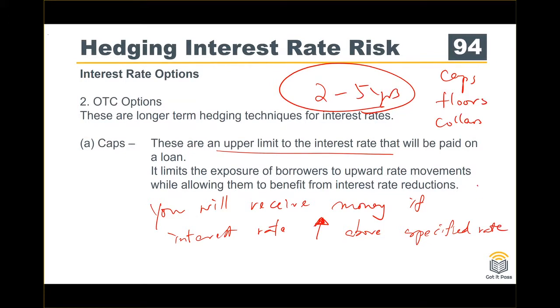For example, 5% is your cap. It means once the interest rate is going up and above 5%, you will receive